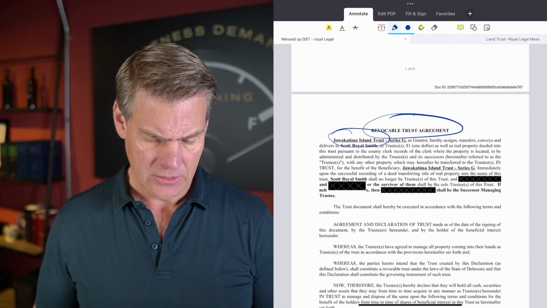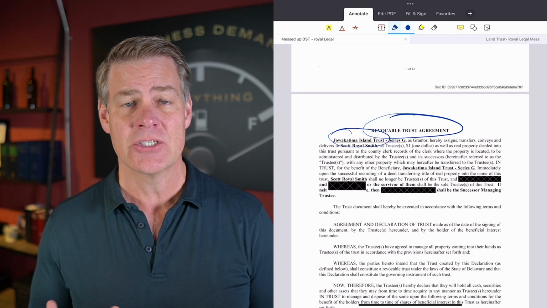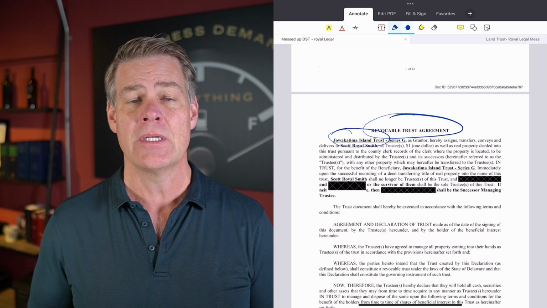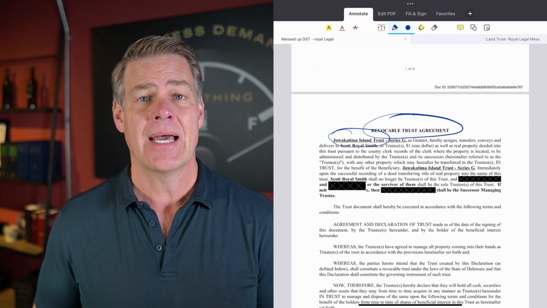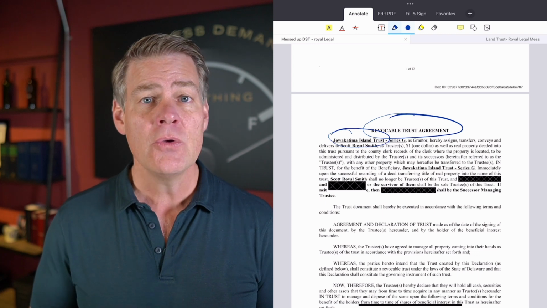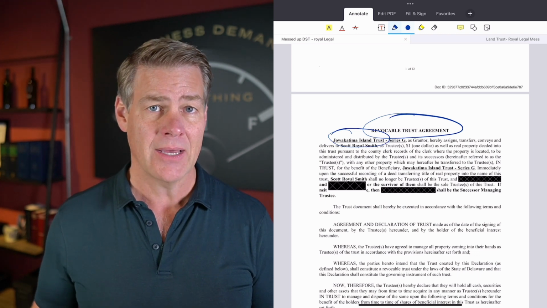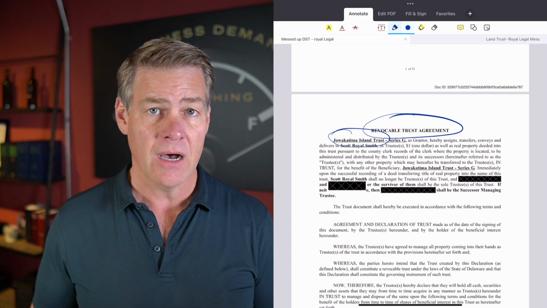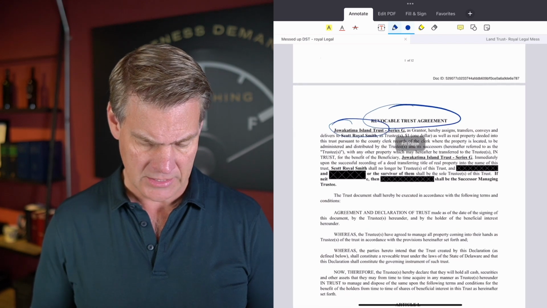Now, in this particular trust, we ran into that problem as well. It didn't state in the certificate of formation that this was going to be a series type trust arrangement. And by not doing that, you don't get the benefit. So the client who set up all these separate series is not receiving the benefit of it being a series trust in the way in which it was set up.